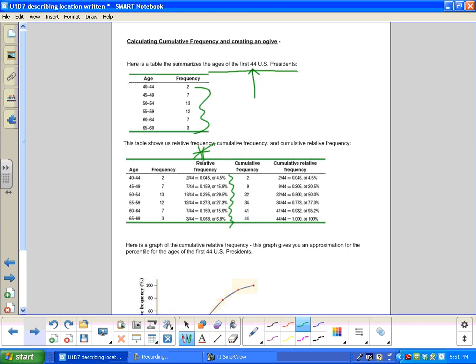Okay, so we have another type of frequency that I'm going to define for you. I haven't defined this yet, so let me give you a definition for it. It's called cumulative frequency. Let me erase a little of this so we can see, so I can write some vocab for you. I should have put this on your sheet, but I didn't. So this is going to be the sum of the frequency of the given class